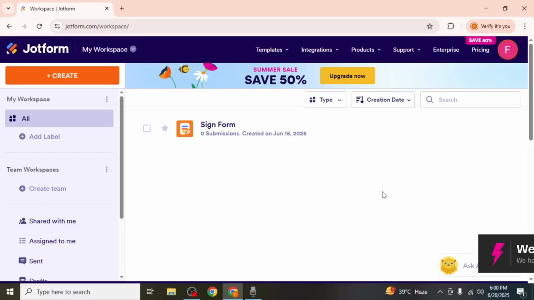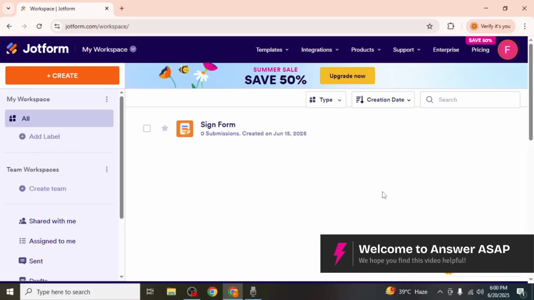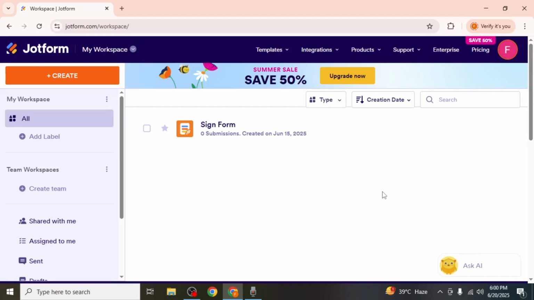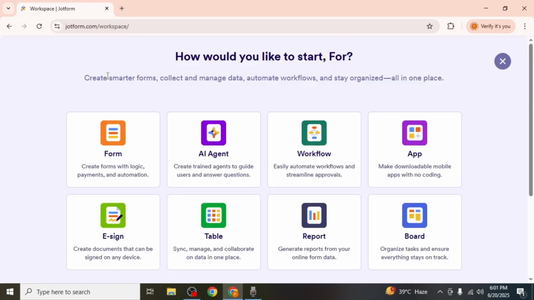In this video, I'll show you how to create a template in Jotform. First, log into your Jotform account. To begin creating a template, you'll first need to create a form that will serve as the base for your template. Start by clicking on the Create button located at the top left-hand corner of your dashboard, then click on